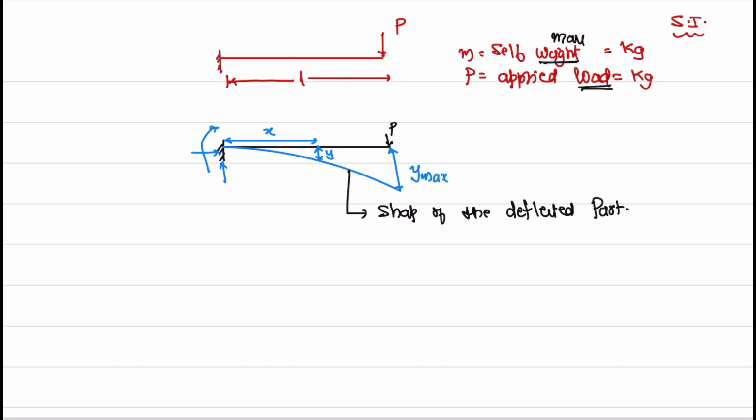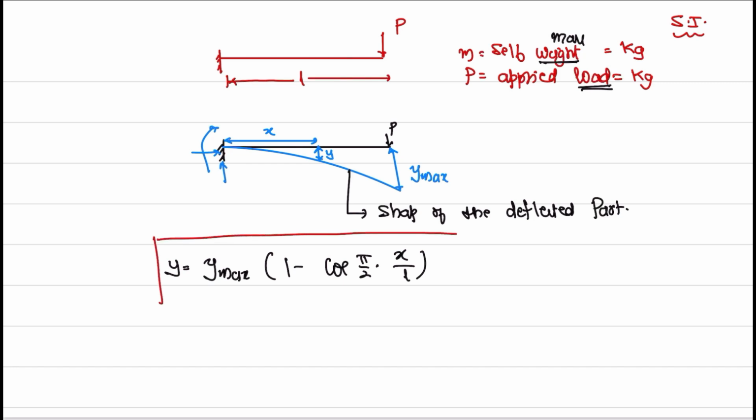The shape of the deflected part is y is equal to y max into 1 minus cos pi by 2 into x by L. This is a very important formula. You please remember,